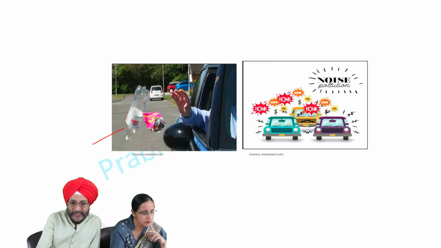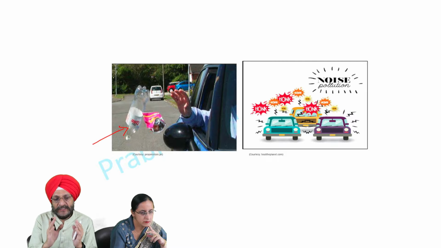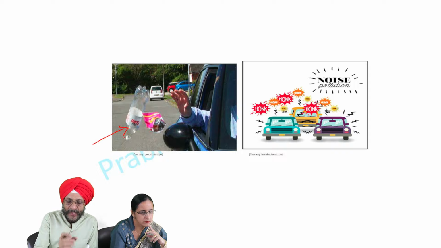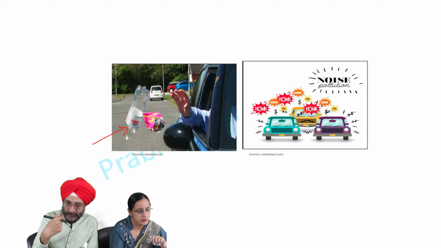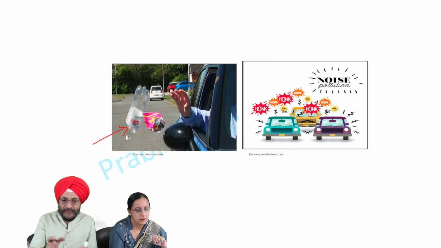From the next picture, you can see that someone is driving a car. He has taken a cold drink and eaten some chips, and he has thrown the empty bottle outside his car, and also the packet containing the chips has been thrown out. That is, all these types of waste material will ultimately result in a lot of garbage in public, and it may also cause harm to any two-wheeler which may be coming on the road.